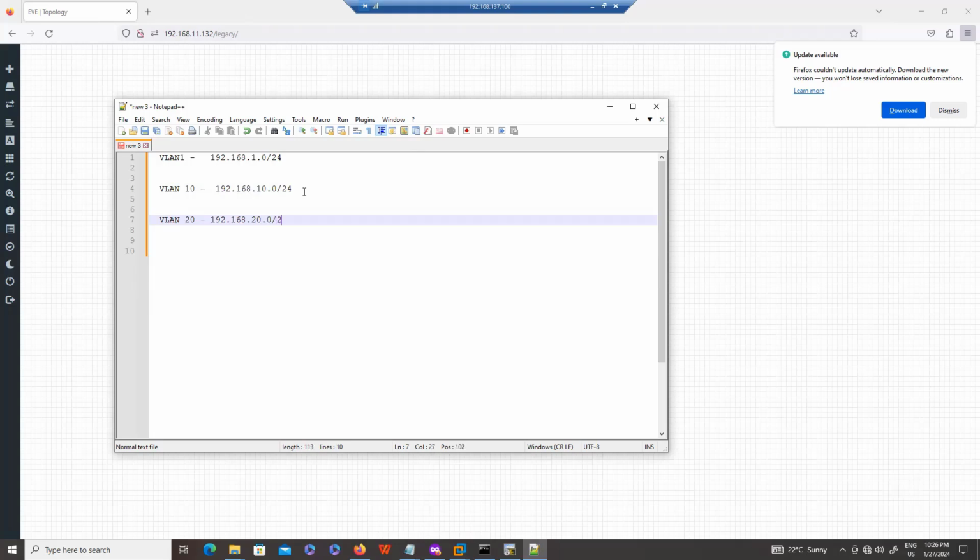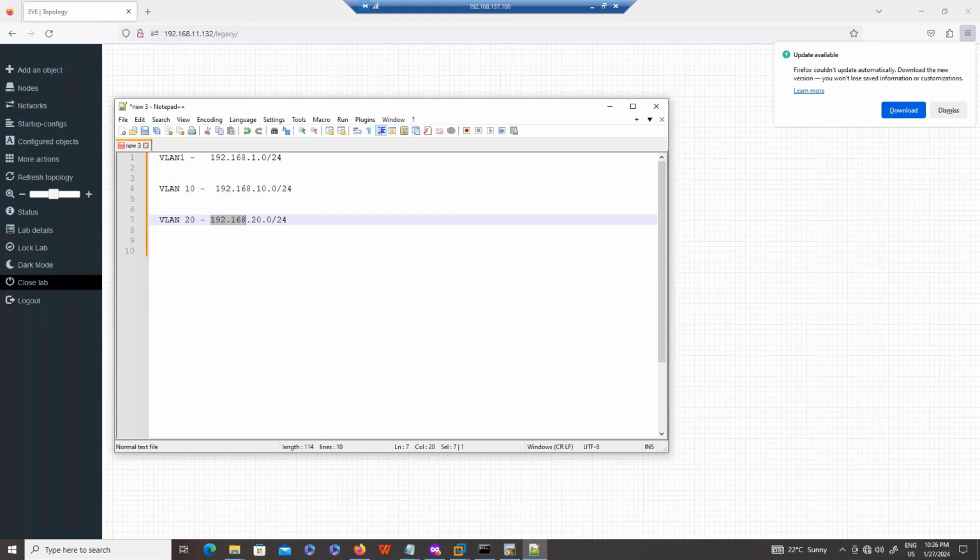If you are designing the IP schema, the first two digits tell the location. Let's say you have an office in Delhi, so every Delhi location's IP address starts with these two octets, and the third number defines the VLAN number.